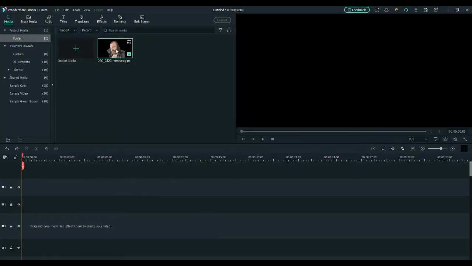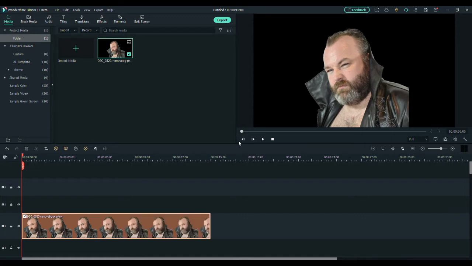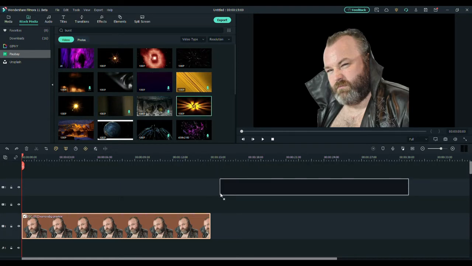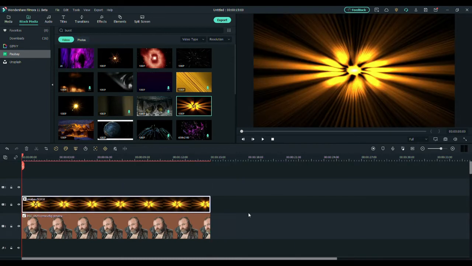So, without any further ado, let's ring the bell. So the first thing you want to do is bring your image file down to the first row on the timeline. I'm extending it to 15 seconds, just so that it gives a nice length to the introduction, but it's not too long. From the videos section, which is new for this update on Filmora 11, I've taken this solar image